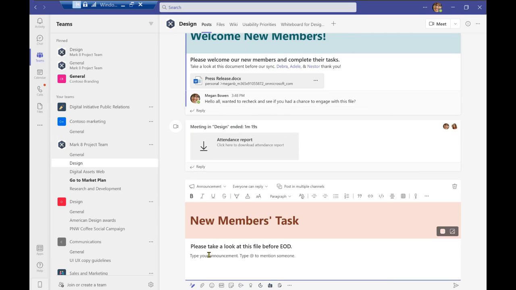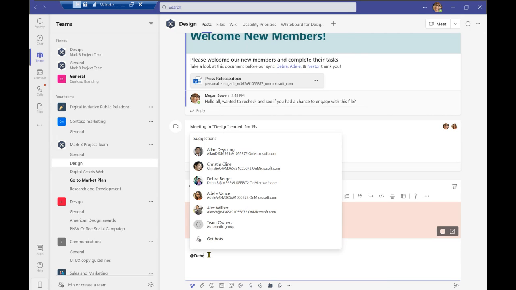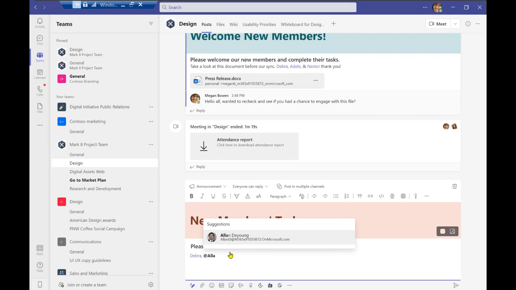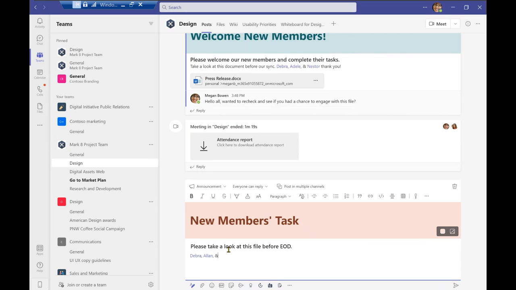Now I can tag the people that I want specifically to take a look. Once again, I'll go ahead to the attachment, the paperclip icon right over here, and attach a document.